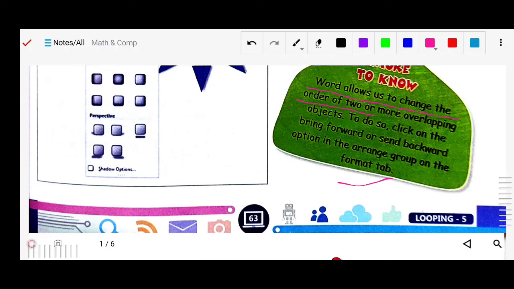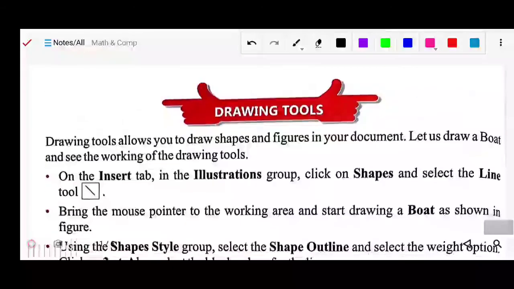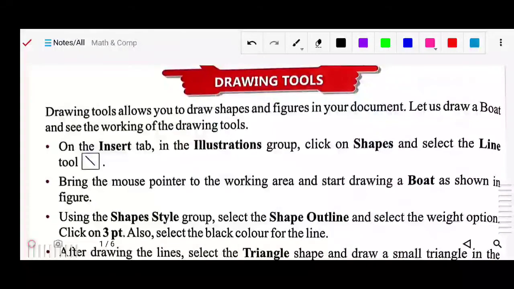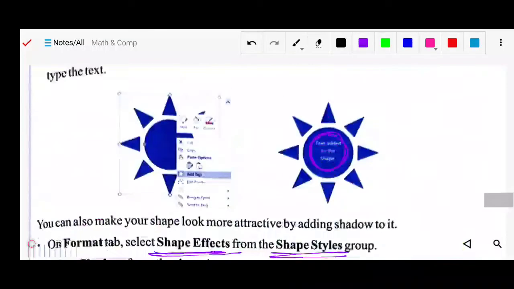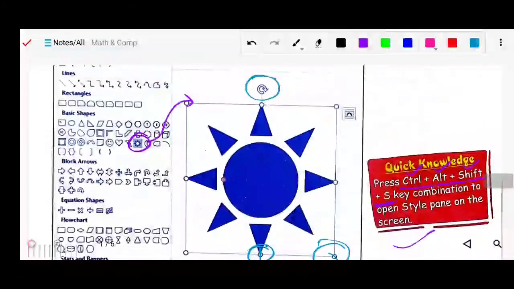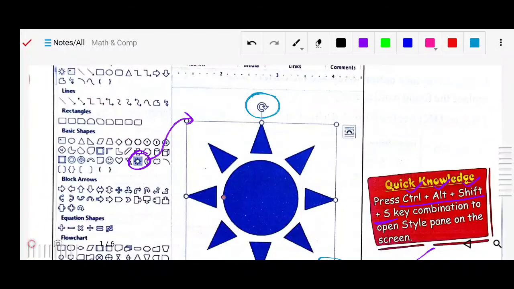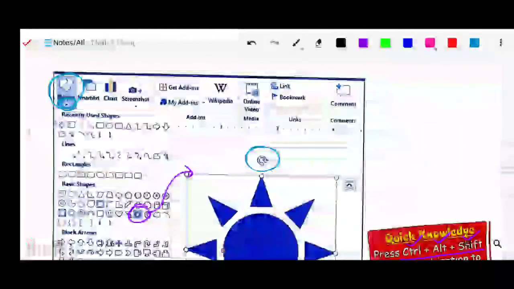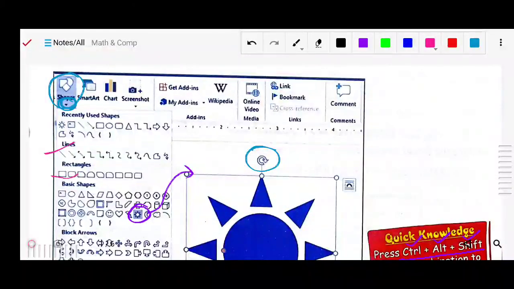So that is also possible under the Format tab. Now next we will see the drawing tools. There are some shapes that we can draw. Similarly, we can do this with the drawing tools. They are like a simple line. Here you can see these are the drawing tools, like lines and rectangles. With the help of these we can draw. So these all come under the drawing tools.